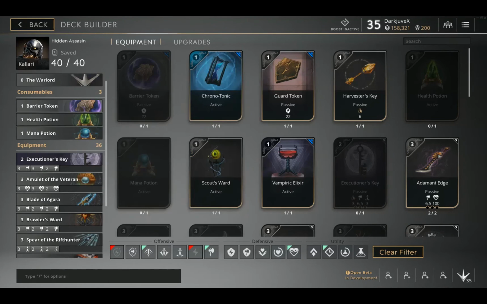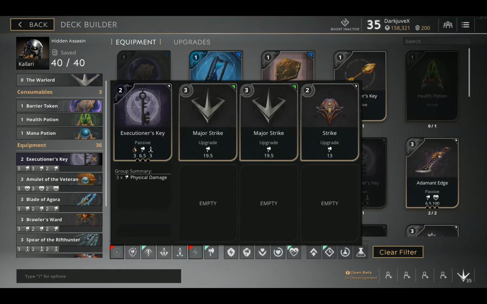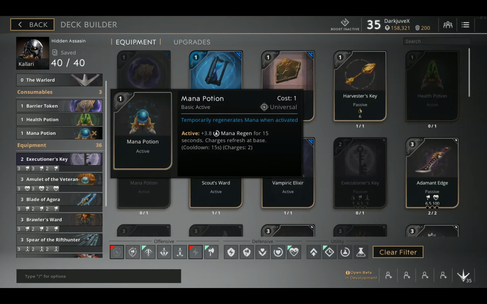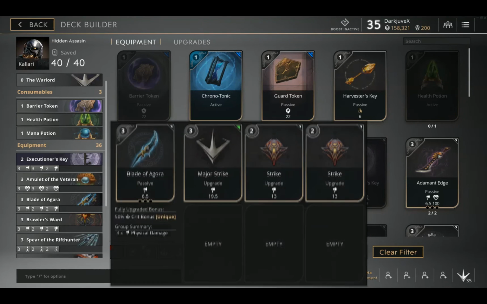This one, I have major strike, strike, strike. After having these two, I still have a Health Potion because I don't get rid of it till like late game or middle of the game, depending if I'm in desperate need of, you know what, I just want to use it. Get rid of it and use it for another card. I'll go with